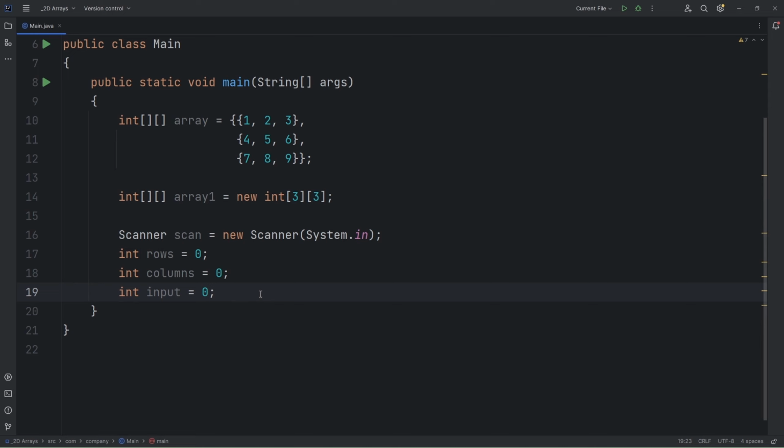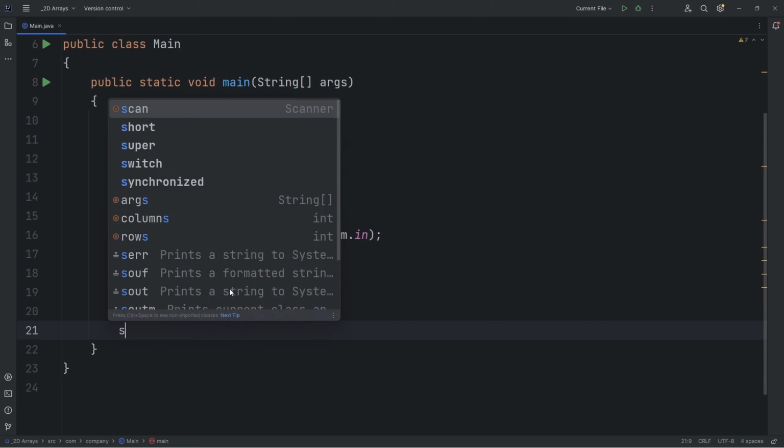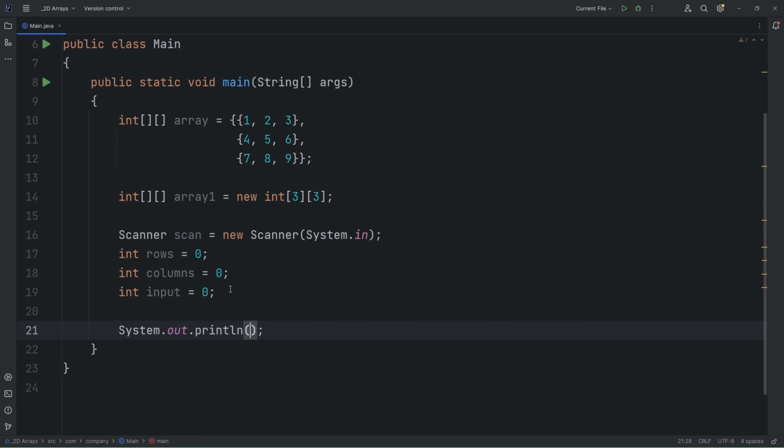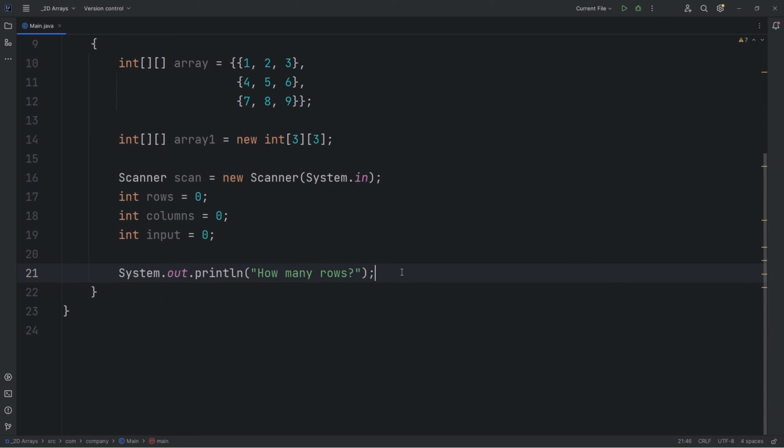Okay. So next thing we need to do is that we need to take the input from the user on the number of rows and columns there are. So let's just simply ask the user how many rows they want. So SOUT tab, and then just ask how many rows. Okay. And now we'll take that input and put it into the rows variable we created here. So we'll do rows equals